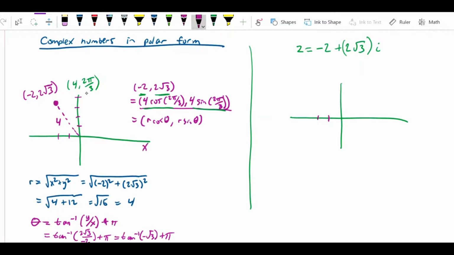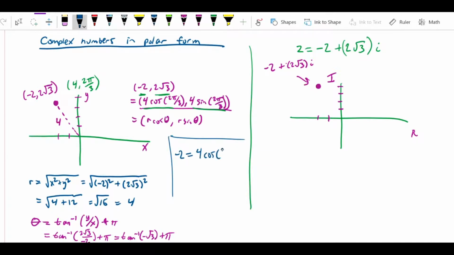In other words, if I call this the xy plane and this the real-imaginary plane, I put this point here, and clearly this point is negative 2 plus 2 root 3 i in that plane. Since we know that negative 2 equals 4 cosine 2 pi over 3, and 2 root 3 equals 4 sine of 2 pi over 3,